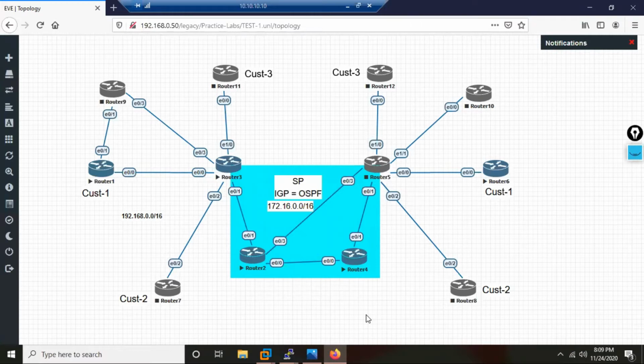So this is all we discussed, and we also discussed how to troubleshoot in case there is a problem in LDP neighborship. I explained all of that to you. Now let us go further.